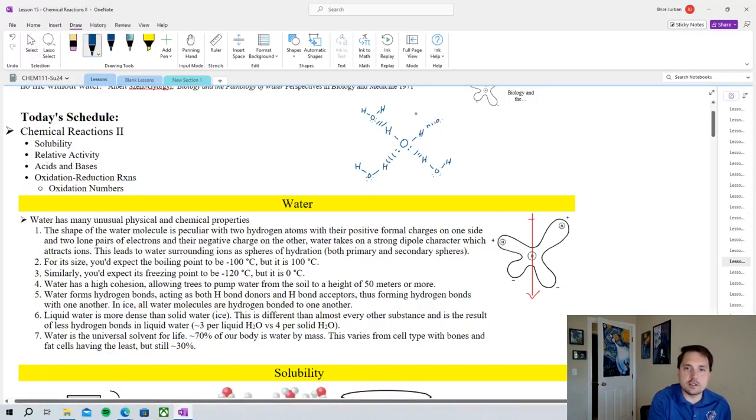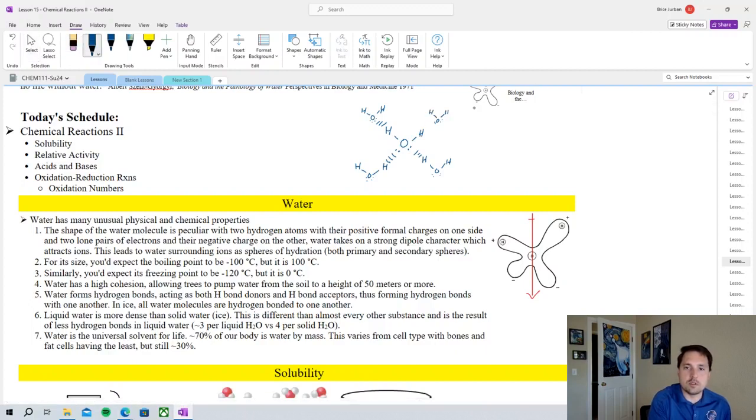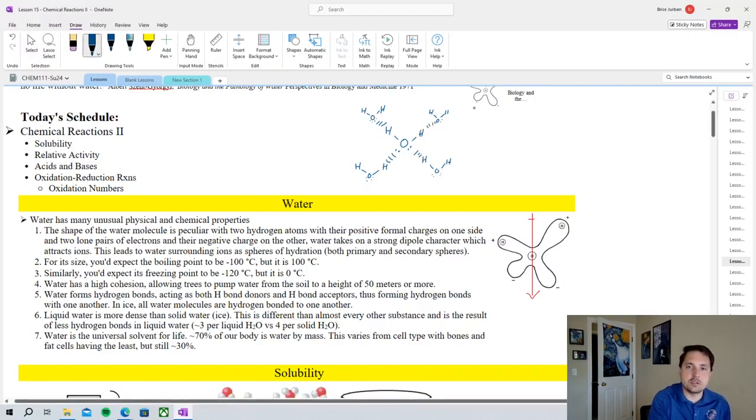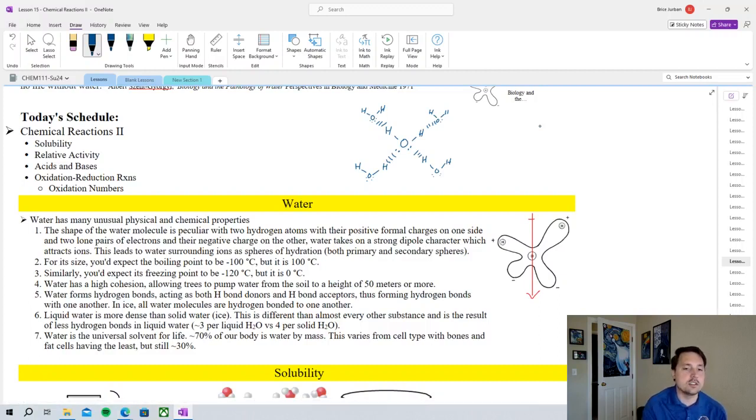And this provides a great degree of stability for water, so that it changes its physical properties from other molecules. So for its size, you typically expect water to have a boiling point around negative 100 degrees Celsius, but it's 200 degrees above that. It's 100 degrees Celsius. And similarly, you'd expect that its freezing point would be somewhere around negative 120 degrees Celsius, but it's 0 degrees Celsius. So there's a large increase in both the freezing point and boiling point of water, and that's due to its